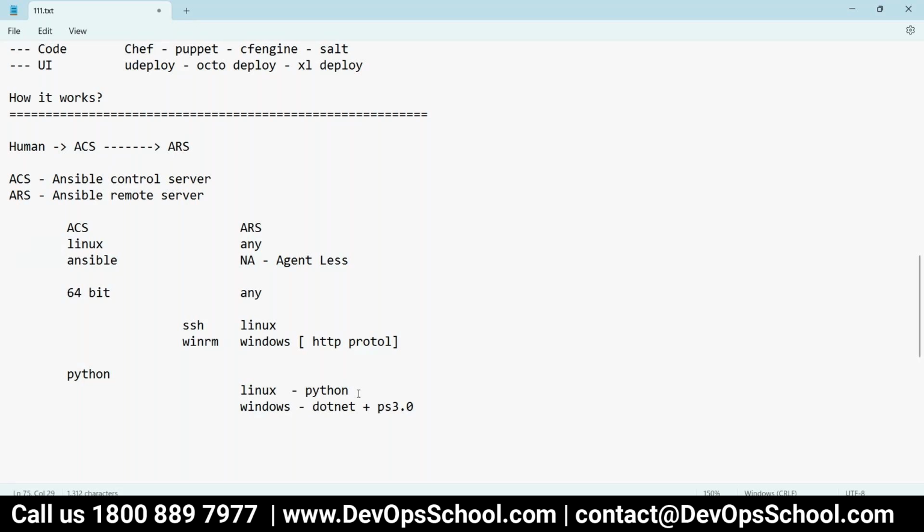On ARS we have nothing, because SSH and WinRM protocols are not required to be installed. ACS has to be 64-bit. ARS can be any bit, 32 or 64-bit. ACS has to have Python installed, and if ARS is Linux, Python. If it is Windows, .NET and PS3.0. So this is the architecture knowledge. Any questions so far?